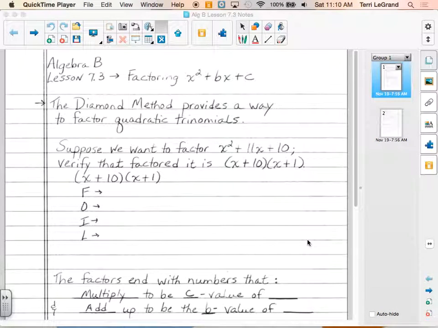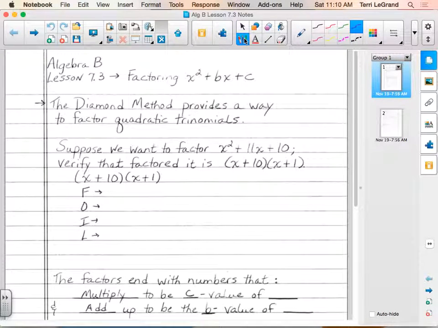L7.3, where we're going to be factoring trinomials, where we have x squared plus bx plus c. And our b value, what that is saying, what are we multiplying the x by? How many x's are there? That's our b value. And our c value, what's our constant that's at the end of our trinomial written in standard form. So on Friday, last Friday, you had a worksheet, an in-class activity where you worked with